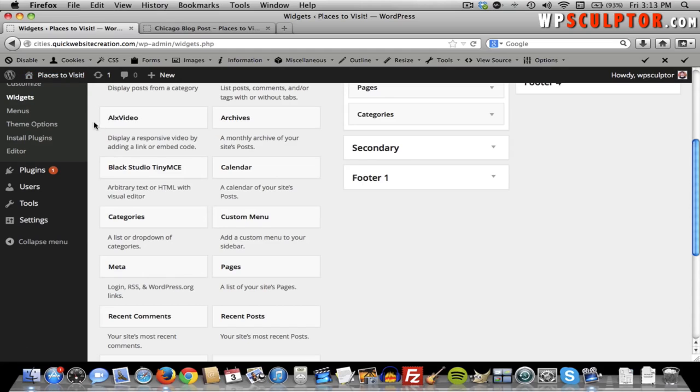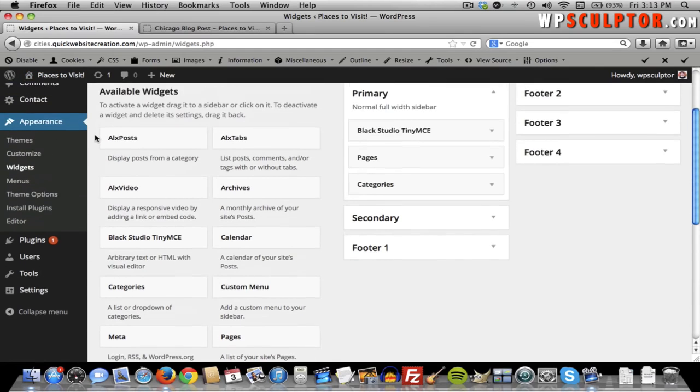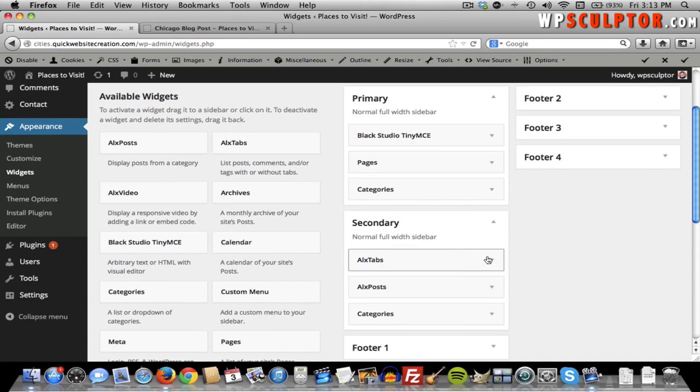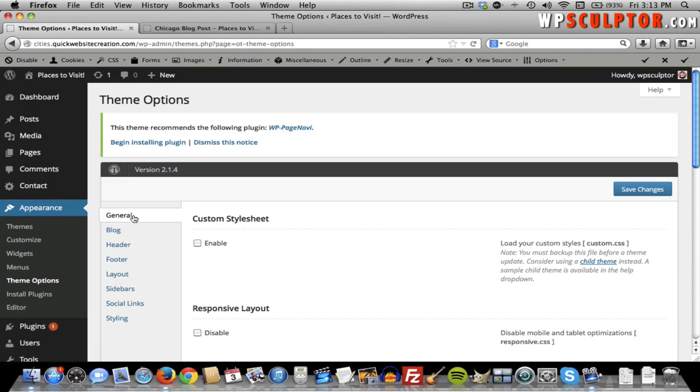Alright, so what if you're using a layout that utilizes the primary and the secondary sidebar, so that this widget area, the secondary widget area, wasn't available to you? What you can do is under Appearance, click on Theme Options, and we're actually going to create an additional widget area. To do that, go to Sidebars,